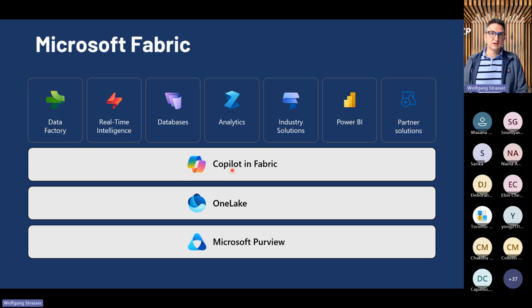And we've got, in the year 2025, Copilot included. And also Microsoft Purview on the top, or not on the bottom, sorry, for having the data catalog, the data compliance, and the data security in there. So Microsoft Fabric is a software as a service. You don't have to care about instantiating a new data lake storage account, configuring the storage levels, and so on. It's done by Microsoft Fabric.